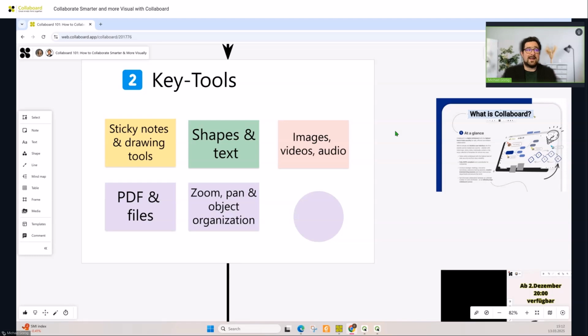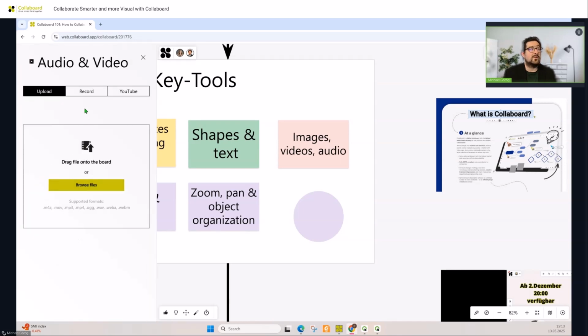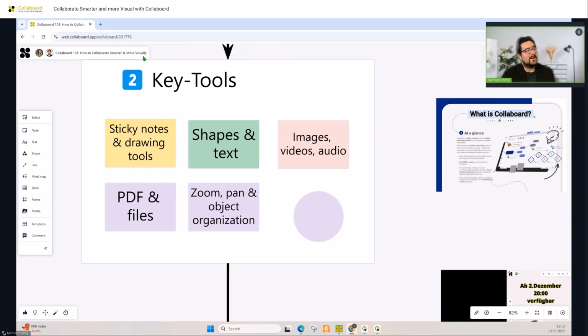We have seen that we can add images. We can also use videos. If we go to media again, there is also the option to record an audio message and put an audio message onto the whiteboard. You can also upload an MP3 file. So here we just cover the full palette of medias which you can usually run in a web-based application. We have seen how it works with PDFs. It's exactly the same way with Word, with PowerPoint, and with Excel. So you can upload all these kind of documents to Collaboard